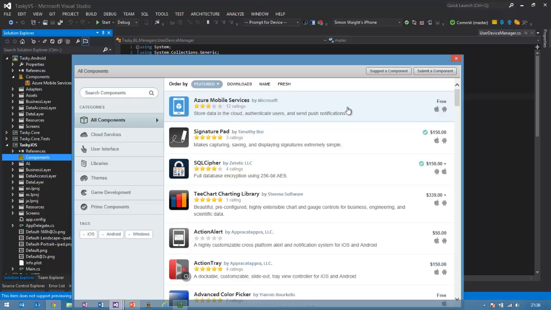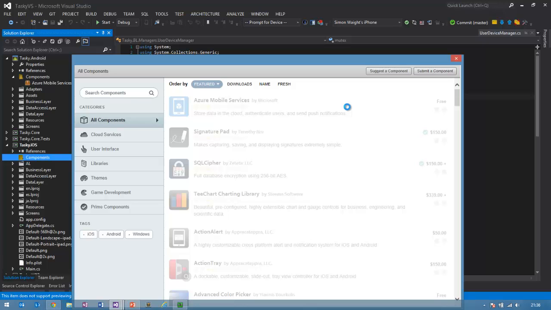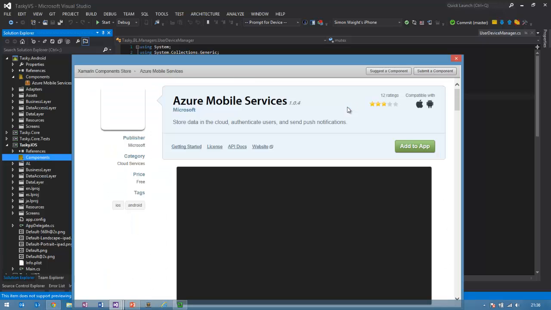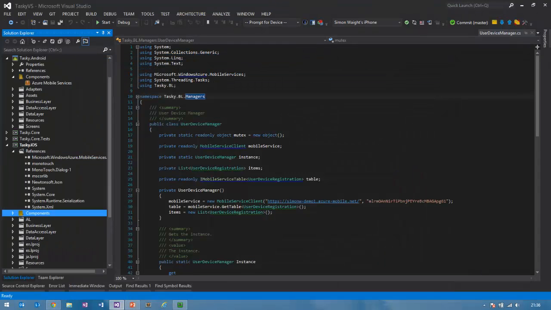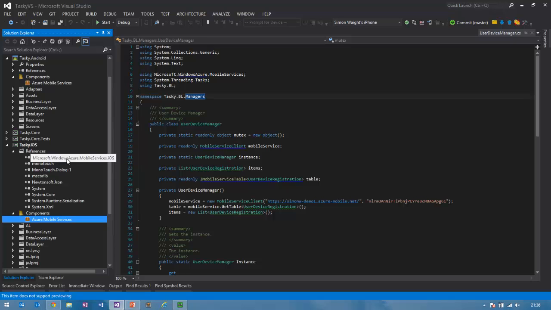It's not surfaced inside of Visual Studio, but if you have a look at the folders on disk where those component files are being saved, then you'll find they've quite often got documents and simple apps to help you understand how to work with these items. So looking here again under iOS, we have the Azure Mobile Services component been added, and then we have a reference that's been added which points to